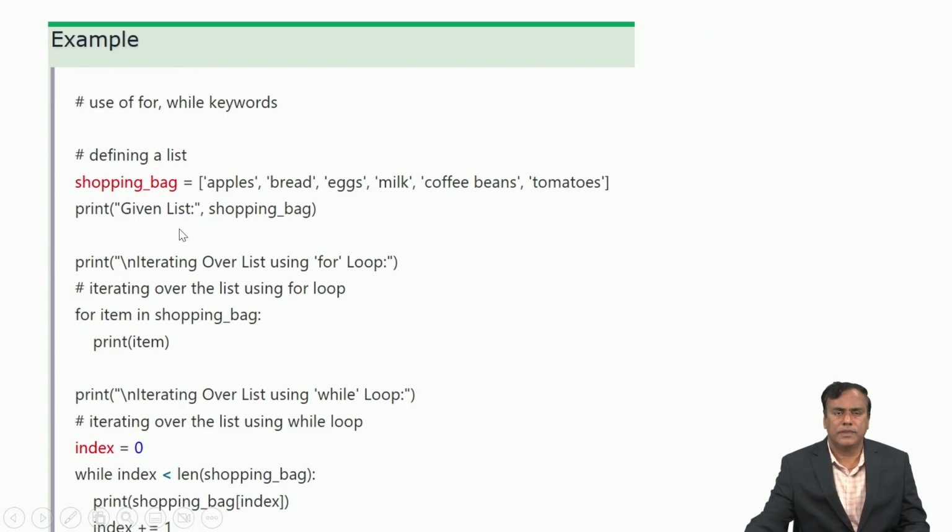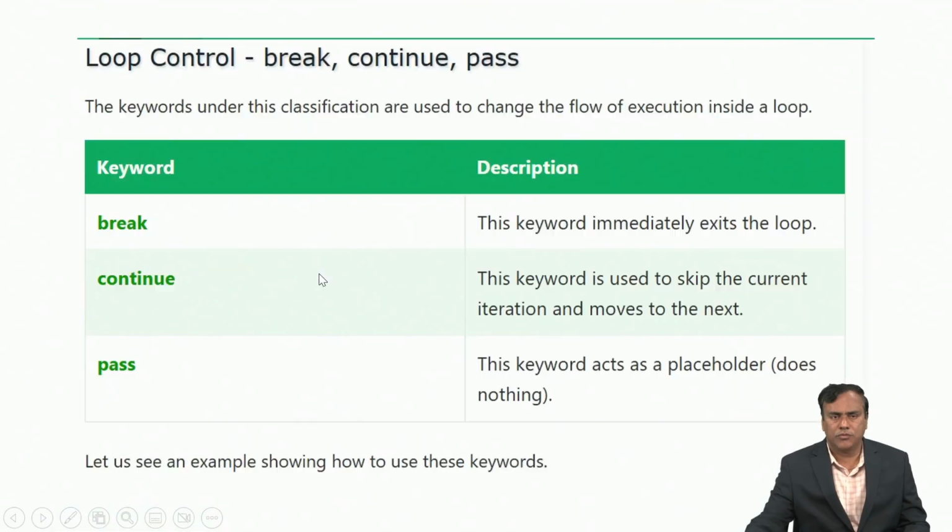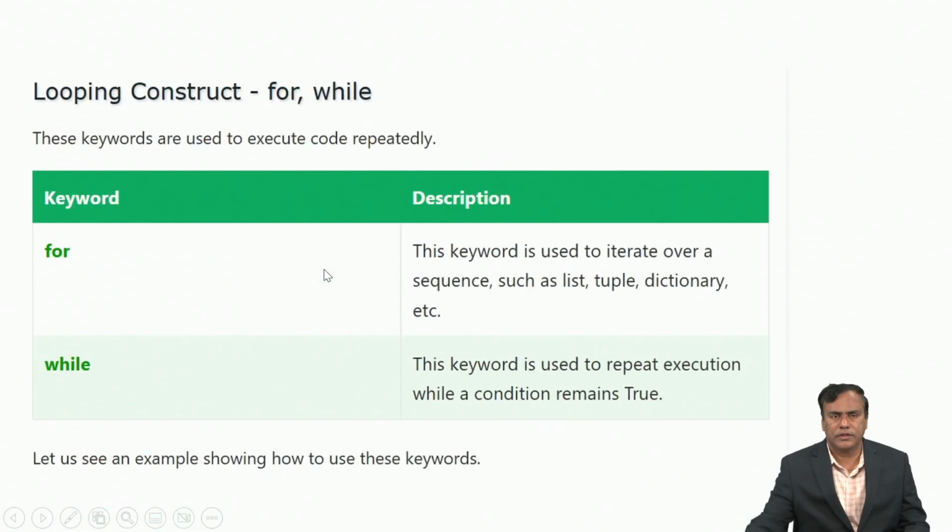This is the list that we have, the shopping bag. At first we are going to display that list of values using the print statement, using the list name shopping bag, and then I'm going to iterate over this